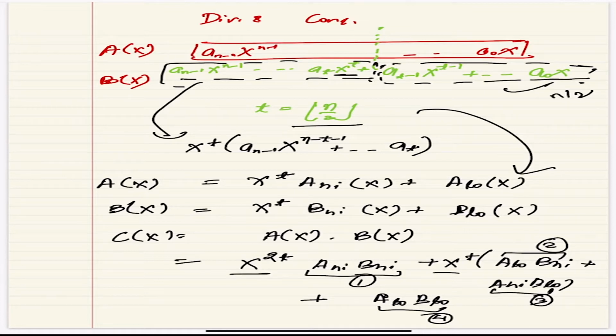So how much time will combining and addition take? So addition all will take order n time because there are only n coefficients. You will add those n coefficients. So I can write the complexity T(n) as 4 subproblems of size n by 2 each, plus theta n. Now, how do I solve for this?